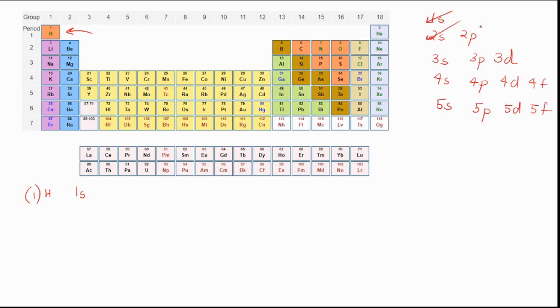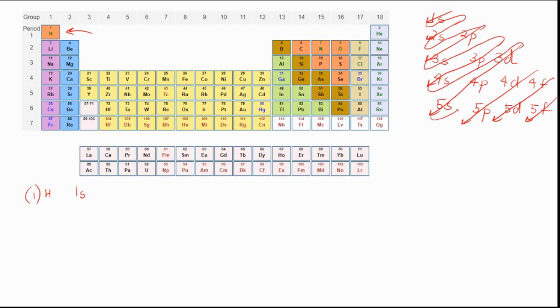All I have to do is draw straight lines, keep them in my time. So this is how the orbitals will take place. Okay. Now the first electron will go in the 1s orbital. When we have helium, we'll have 2 electrons, so the atomic number is 2. The electrons will be in the 1s orbital only.